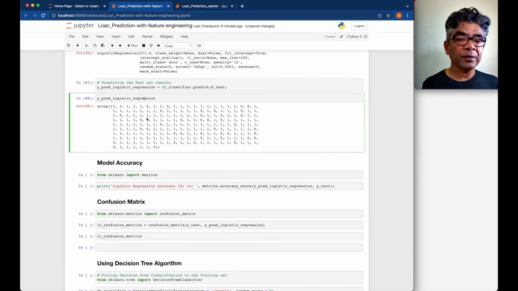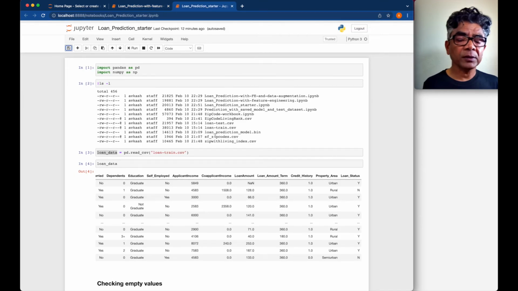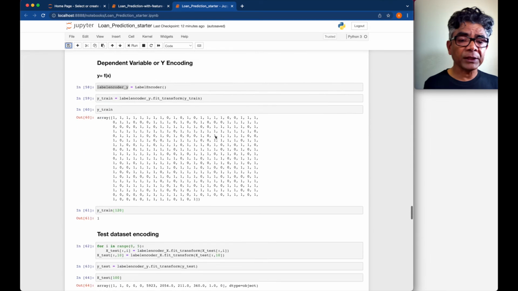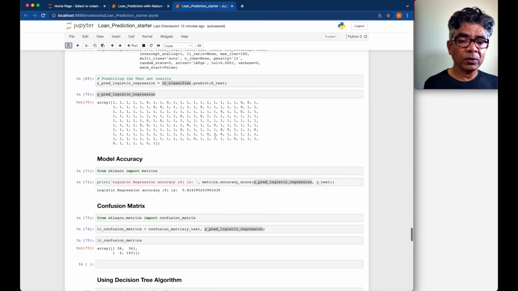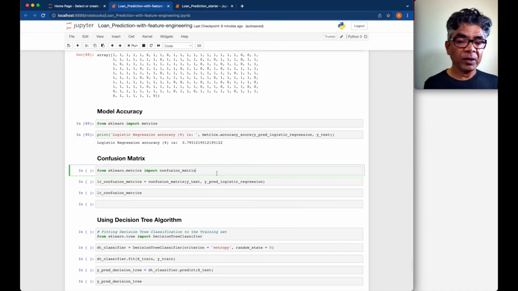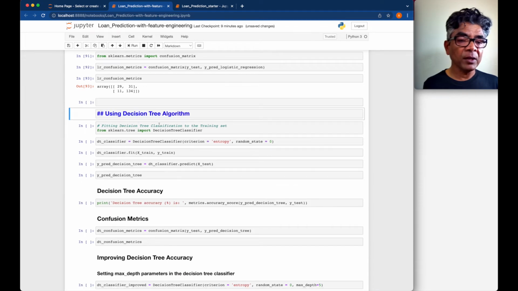As you can see here, this is the result, and the accuracy is about 79%. Previously, when we started in this example, the accuracy for the logistic regression was 82%. However, after this feature engineering, we did not improve. Instead, we actually regressed in terms of our accuracy. We can also look into the confusion matrix. That's here. Now we are going to do the exact same decision tree,